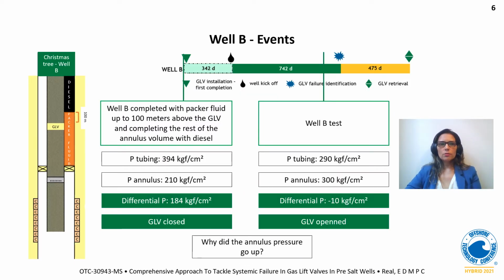After the initial completion, the wellbore annulus was filled with a packer completion fluid up to 100 meters above the depth of the gas lift valve. The area above the packer fluid was filled with diesel,